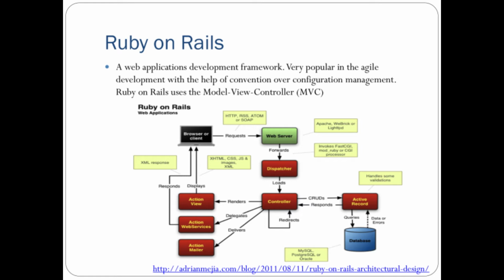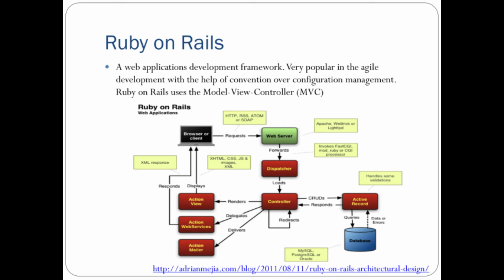Then that controller may have iterative recalling of its own controlling purposes, and then this action would be further delivered to the action mailer, meaning mailing services, and some services which were written by the web application deployer. And there's action view, meaning HTML pages or some SOAP messages. So it responds with HTML pages as well as SOAP messages, XML responses, and RSS feeds. All these things and images go to the client with the whole processing that we discussed.